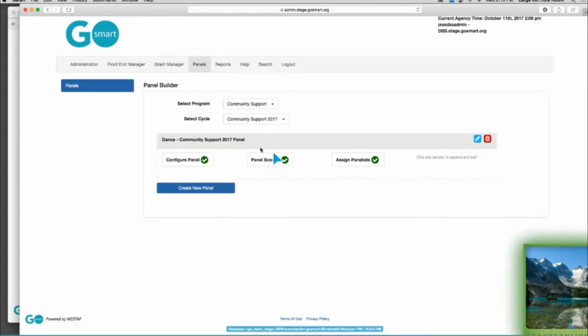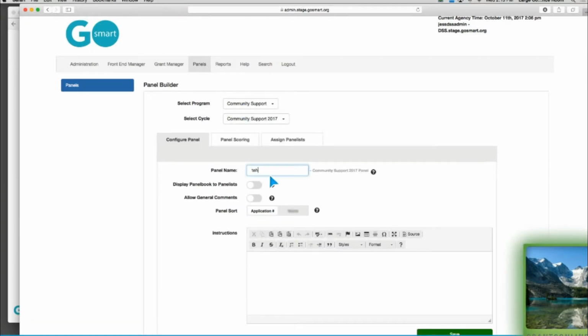All right. After you finish that third step, you'll be kicked back here to this master panel page, and you'll see that your dance panel has these three steps completed, and that's indicated by this green checkbox. If you start a panel,